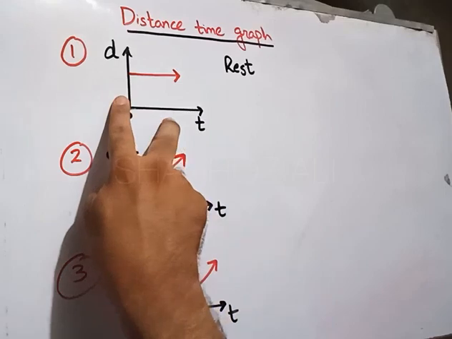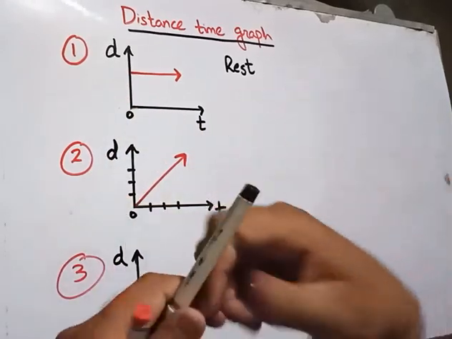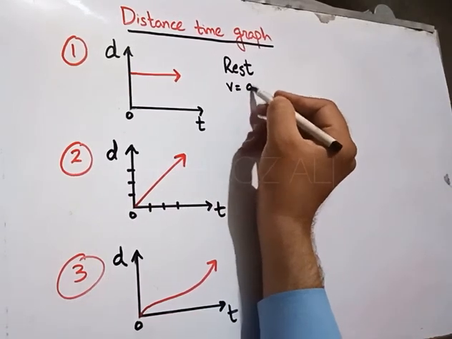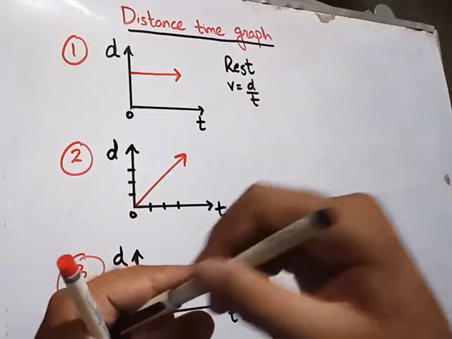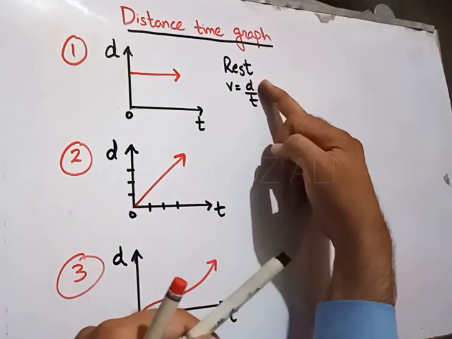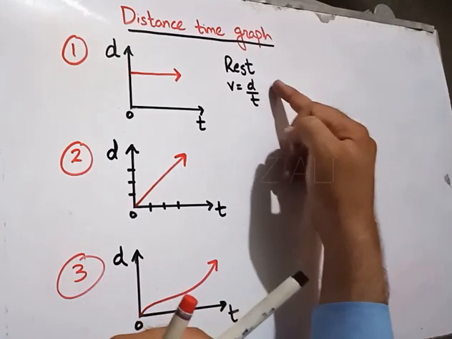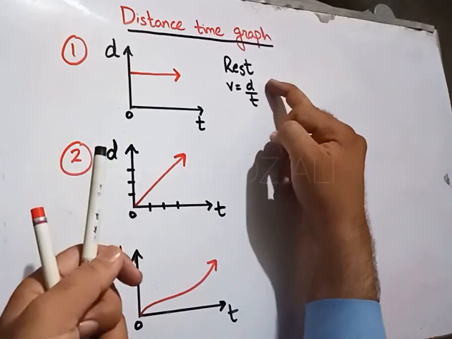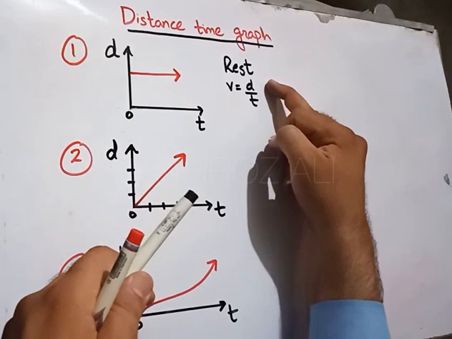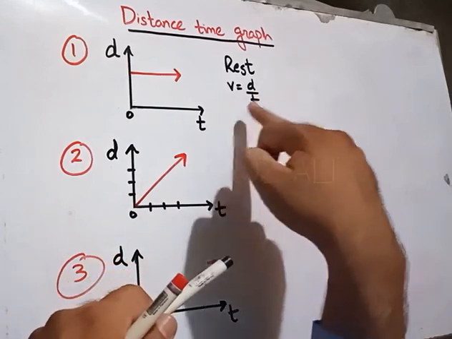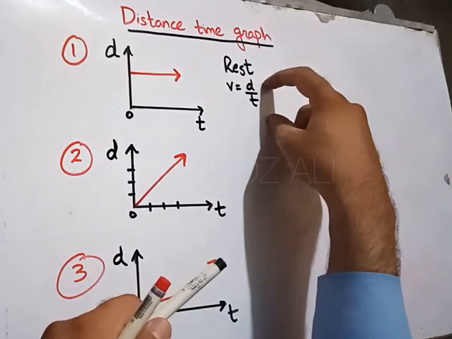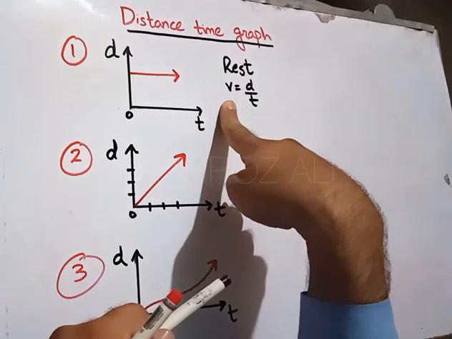Mean to say, the distance time graph will give us, let me write, as we know that v is equal to d over t, distance over time, or you can write s instead of d. I have explained it in my previous lecture. You can take it from my channel, it is already uploaded. V is equal to d over t, that equation tells us the two quantities on the graph, distance and time, will give us the velocity or the speed.